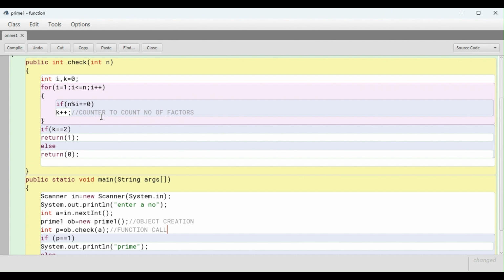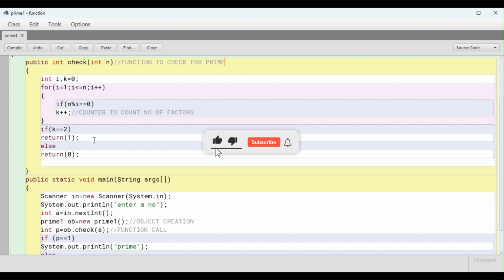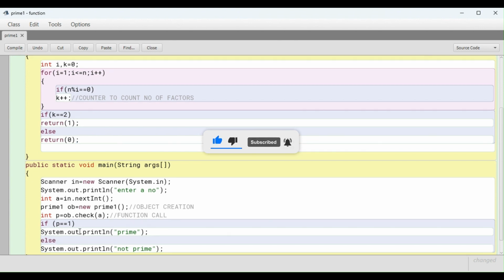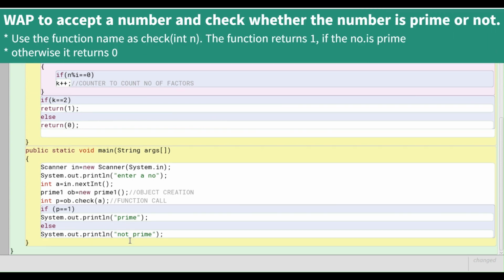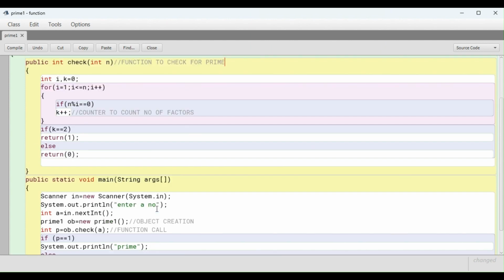And this is the separate function to check for prime. If it is prime, return 1, otherwise return 0. So this is the program. Have you done it like this? Okay, clear?